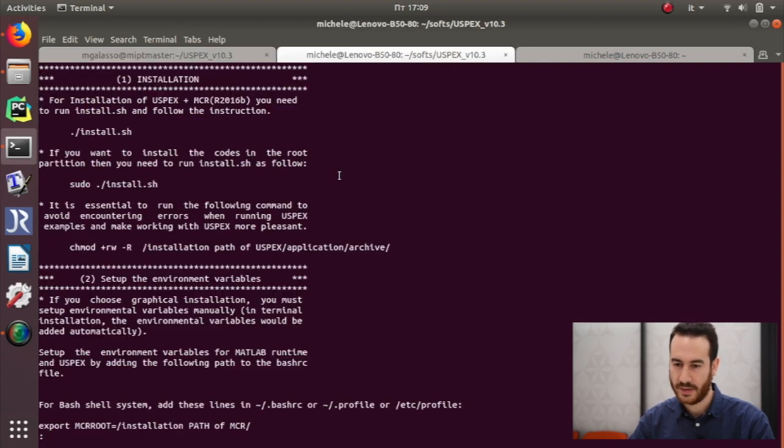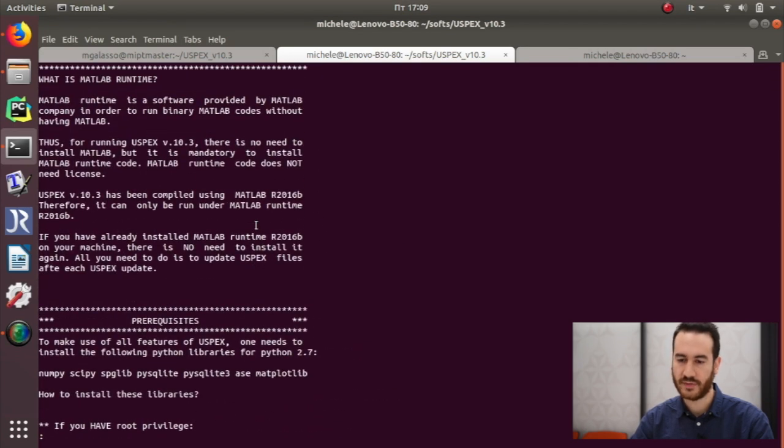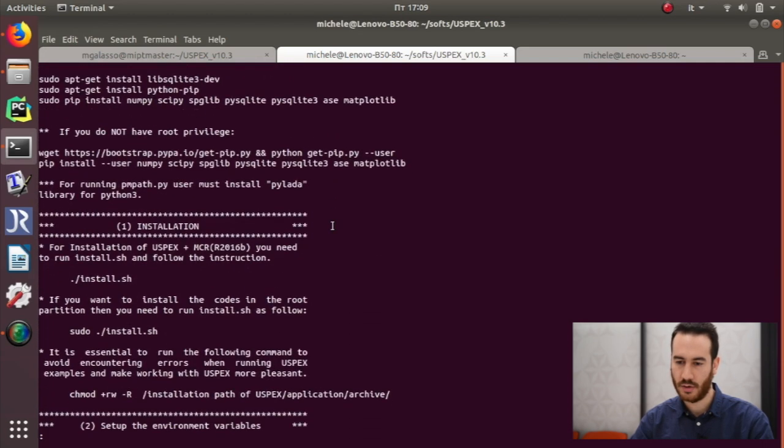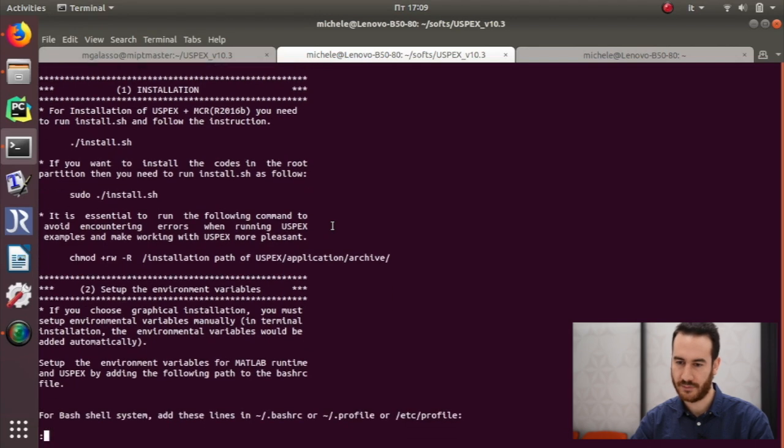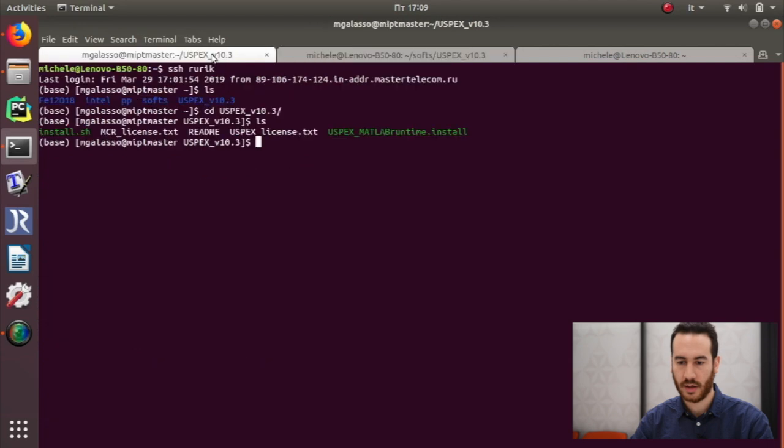Here I open the README file, so we'll just follow the instructions as in the README. Before this, you have a few instructions about requirements, MATLAB in particular and Python. I already did it before, and it's also very easy to do by yourself. It depends on your machine. Now we can install USPEX then by typing